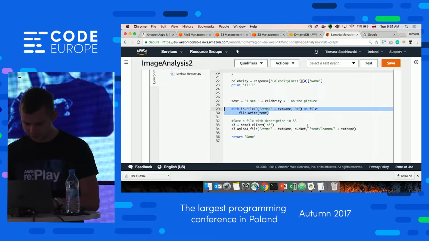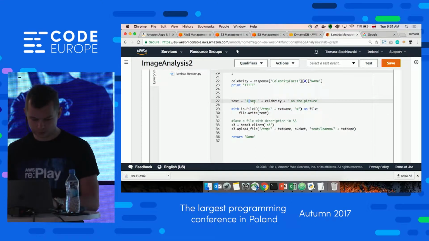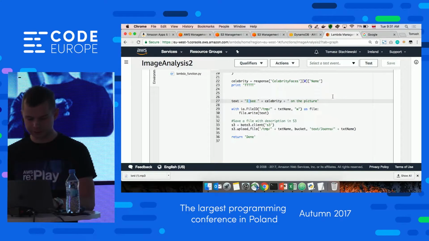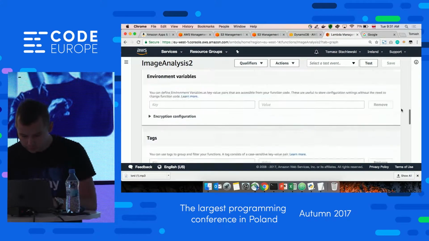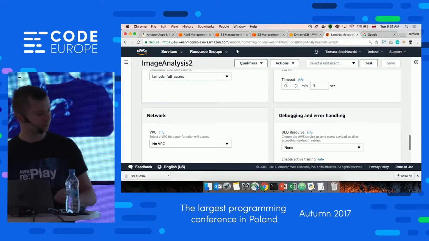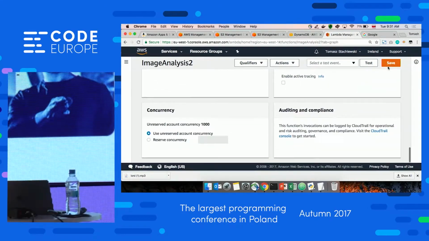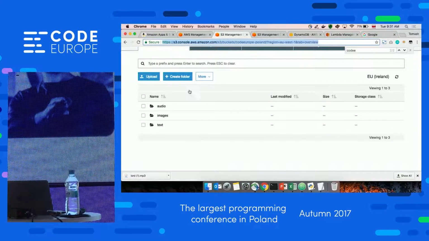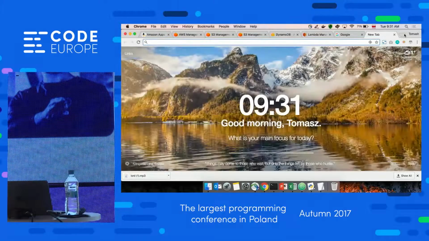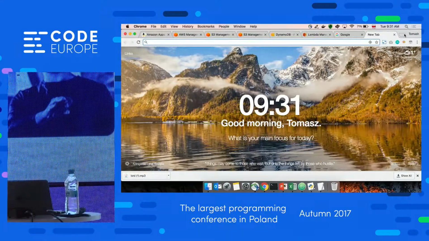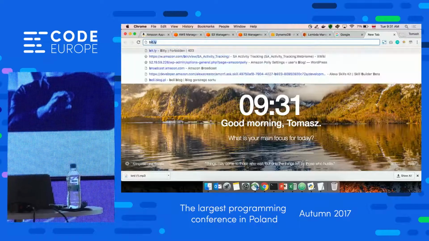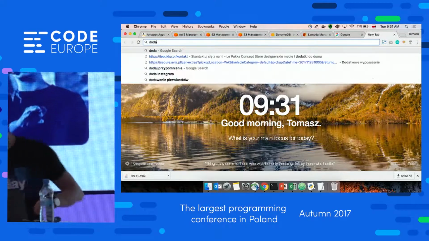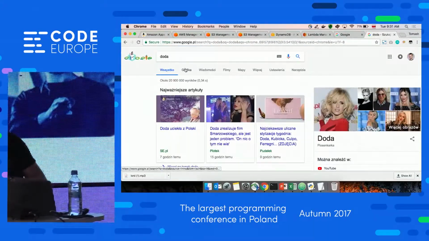Person. Okay. So let's go back to S3, let's go to images, and let's upload there this file. Person. Okay, so now if everything was working just fine, it wasn't me.